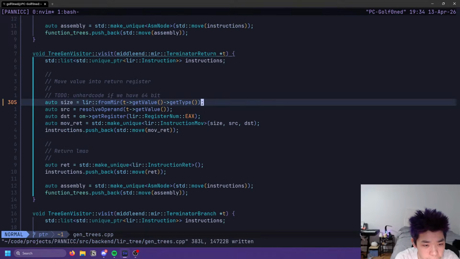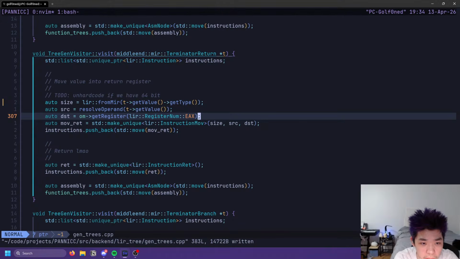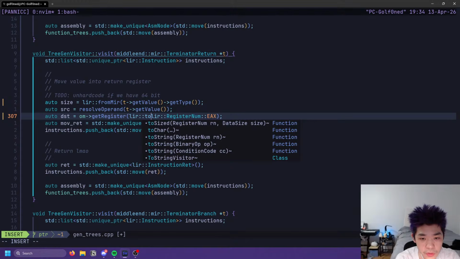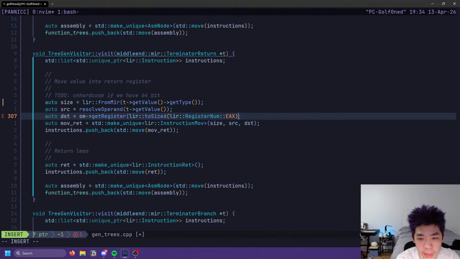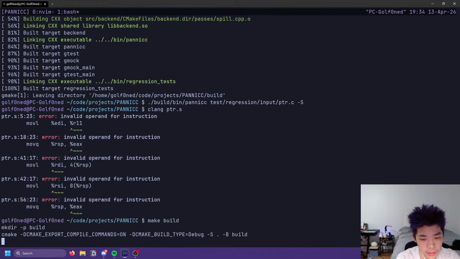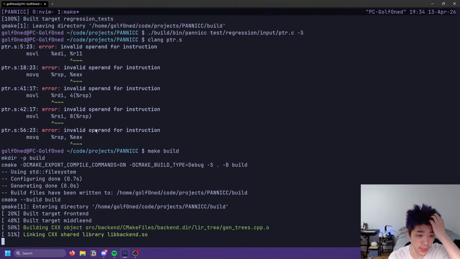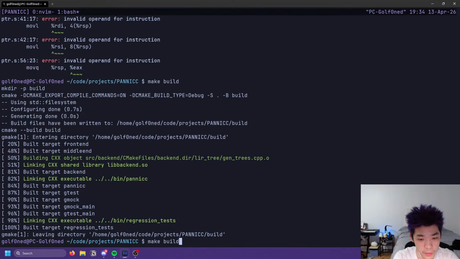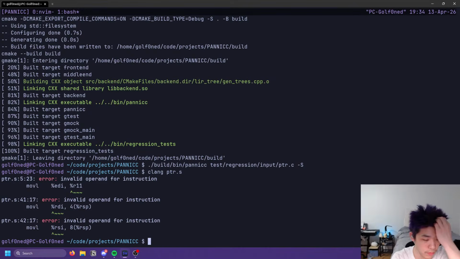What is wrong here? Oh, we need to change that to size. So we have the register, and then size. Right? Oh, wait. I messed up the parentheses. There we go. Let's go to Zerith. Let's do RAX just to be complete. Let's try that again. That should fix, I believe, those two. The two with RSP being moved into EAX. Yeah, let's do that. There we go. Perfect.